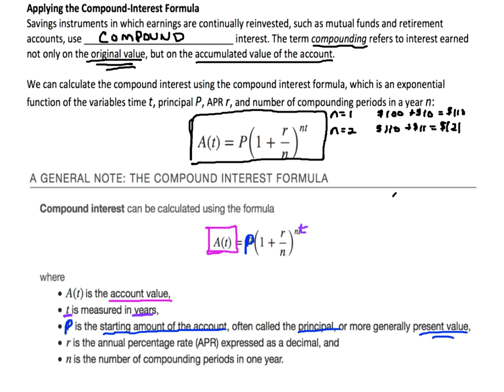Sometimes it's referred to as the present value. And that's multiplied by 1 plus my rate that I'm given,